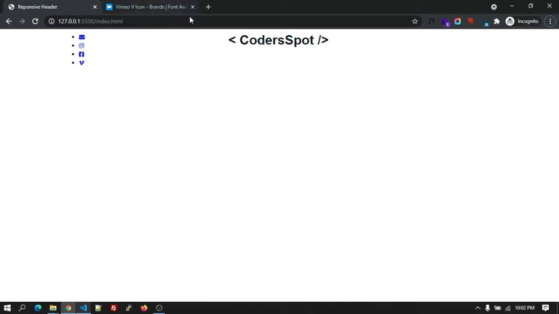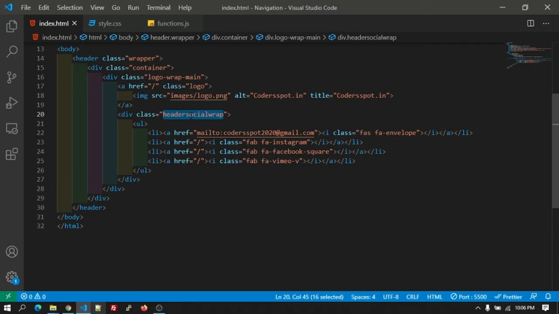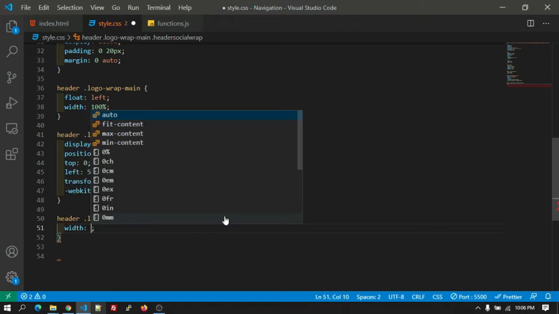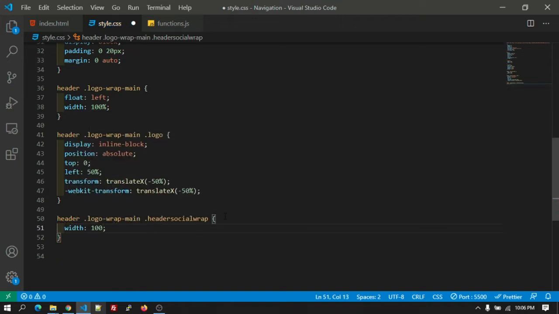So let's add some CSS to it. Social wrap. Let's paste it over here. Let's add the parent class before that and say width 1, and the float will be on the right.